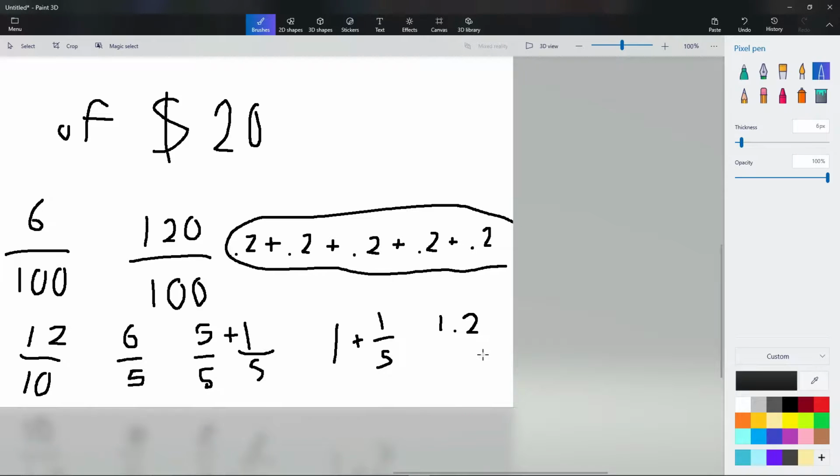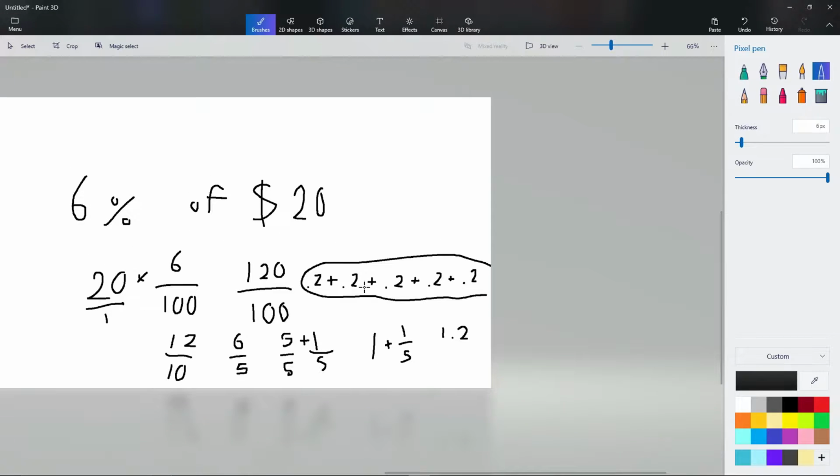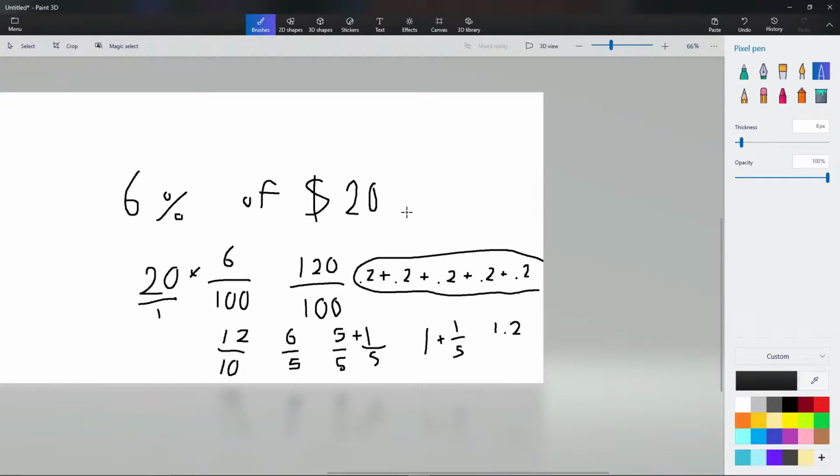I don't explain this very well because I'm actually so far ahead that I've forgotten how I did it in the first place, other than I just know it is that. My brain tells me different than what it actually looks like to everyone else. So I'll try to break this down a little better. So we do have our answer here, 6% of 20. If you were to put this in a calculator, this would come out as the right answer. But I never really discussed why